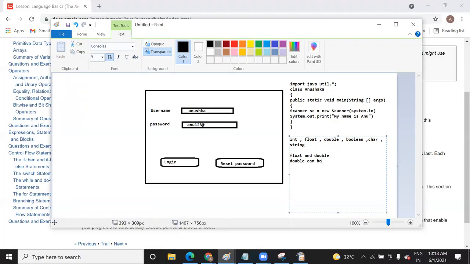Let me give you an example. Let's see, float a is equal to 123.345678. So this is valid in float. But suppose you have more precision, a value like this: float n equal to 123.45678901234.